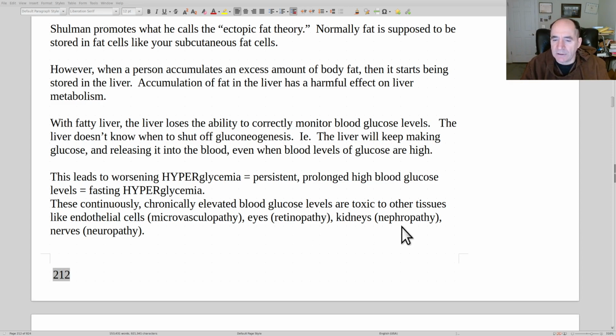They get damage to kidney cells too for the same reason, because you can get an overnutrition effect when there's too much glucose coming into the cell. You don't get that in skeletal muscle because it can control how much comes in. But when you can't control it, like in these cells, endothelial cells, meaning arterial lining cells, you get a vasculopathy. In the eye, the retina, retinopathy. In the kidney, nephropathy. And in the nerves, you get a diabetic neuropathy. So for all these things, a good thing to do is eat a low-fat diet.